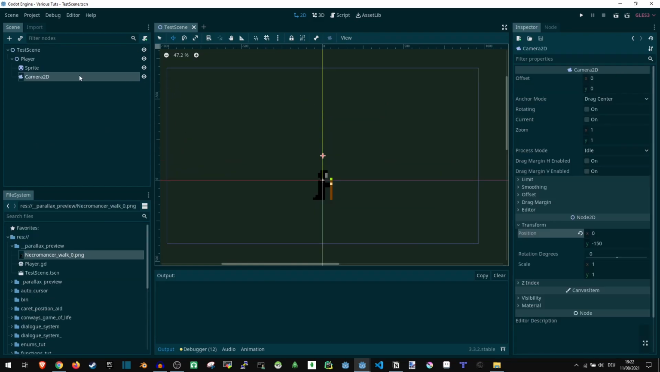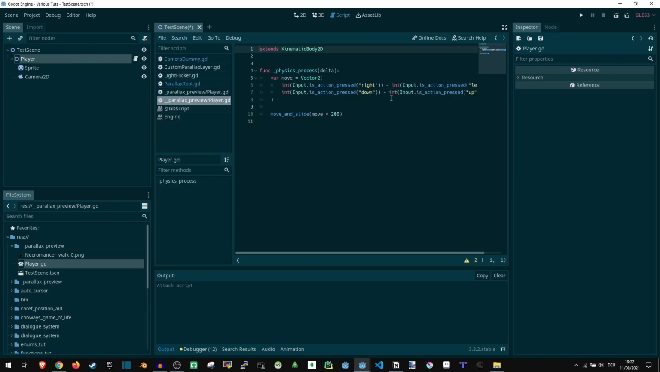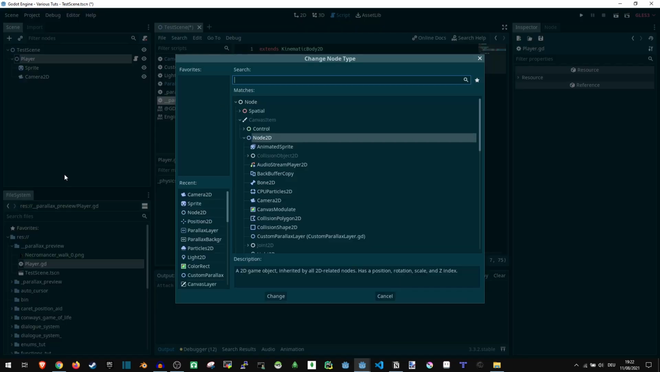So we're starting out here with an empty scene for the most part. All I have in here is a player. I can just put the player script on here I use in the other one, which really is just some simple input code to let me move in whichever direction. Actually, I need this to be a kinematic body, change type,